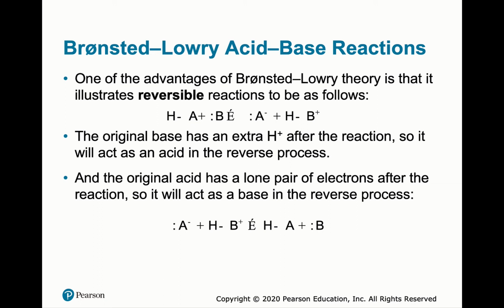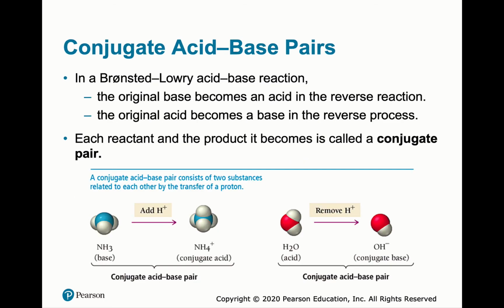So this is known as the conjugate pairs. So the conjugate pairs of that: you have ammonia comes to ammonium, then you have the base, and then ammonium NH4 plus is the conjugate acid. And then water is the acid, and hydroxide is the conjugate base. So in the other direction, hydroxide is the base.